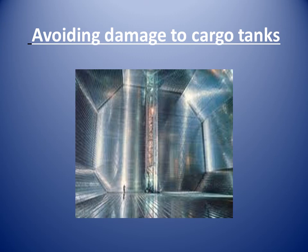LNG will vaporize violently if directly introduced into a cargo tank at ambient temperature. This rapidly increases the internal pressure of the cargo tank and makes the atmosphere flammable. In addition, the cargo tank will be rapidly cooled, resulting in tremendous thermal stress on cargo tank skins and cargo piping systems. To avoid such damage, the preparatory work for cargo loading after dry docking must be done in a particular